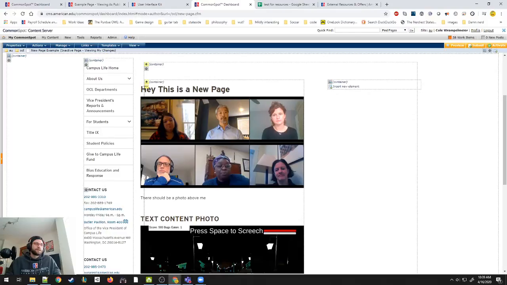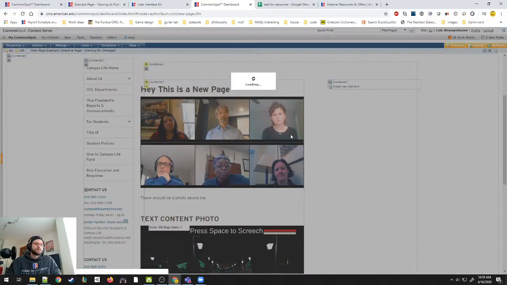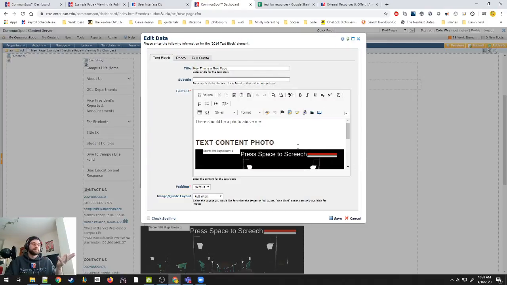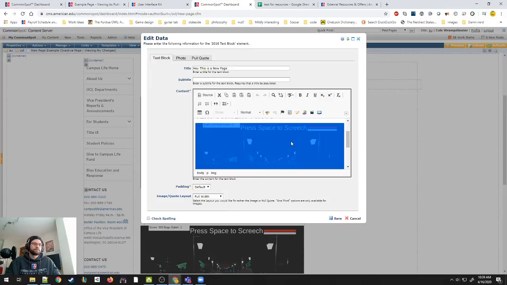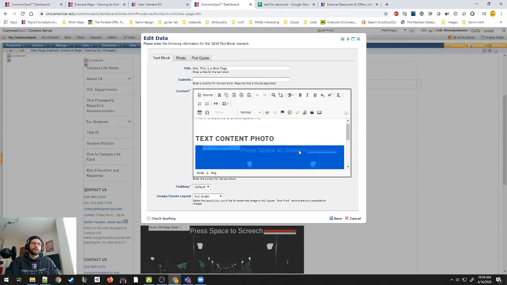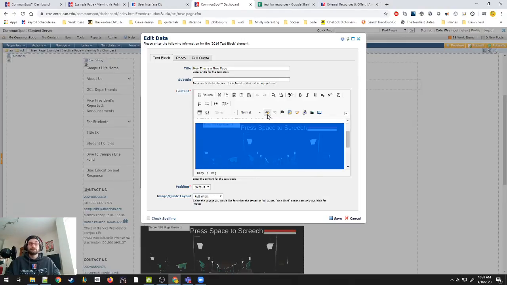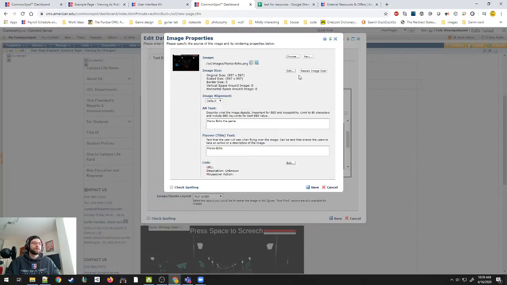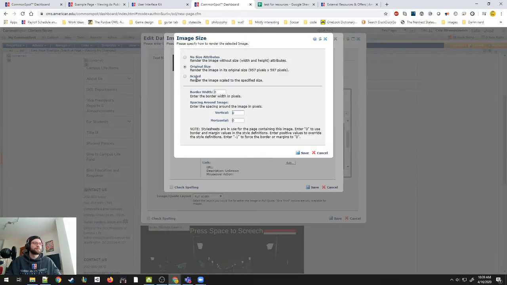All right, so let's go back into this text block. So we've added 2 images, one through the photo tab, one through the actual content section of the text panel. You'll notice also if you click the image, there's no field to change it. Let's say you did want to go back in and adjust that size. Like I said, you shouldn't. Oh, that's a link. Click on that and hit the image. Let's try to edit this size.